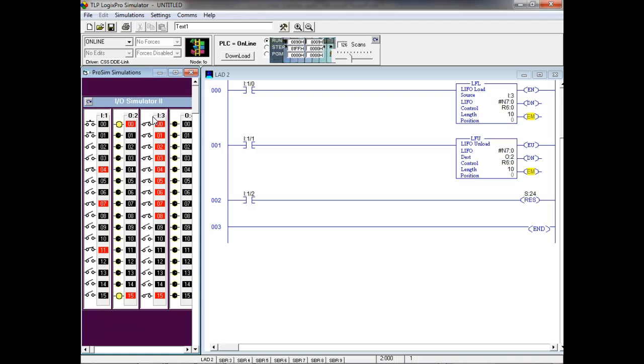Index, right? So it automatically is incrementing the index register for us every time. Do you understand that? And then control, this is where it keeps up with our status, what's going on. So if we look and see what's in R60,